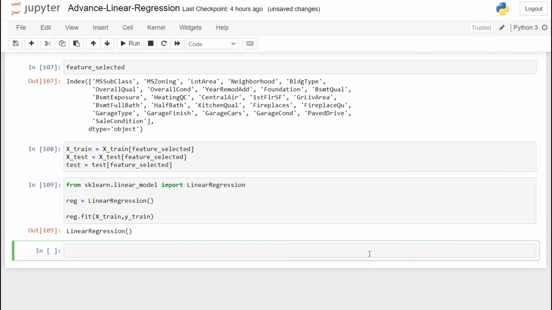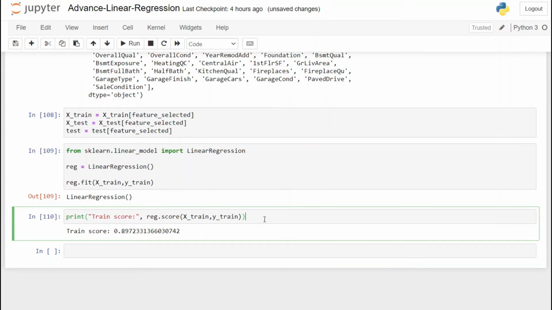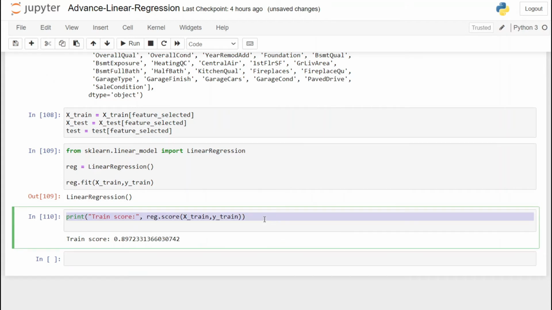Now the next task is to check how the model is performing, and for that we are going to calculate the scores. The score I am going to talk about is R square, which is also known as the coefficient of determination. That tells us how much of the variation is explained by the model, and its value ranges between 0 and 1, or you can say 0 and 100%, where a higher percentage is always desirable. To print out the score, we just have to call the .score method and pass the data inside it. Here you can see that we have a score of 89%, which means that 89% of the variance is explained by the model, which is a good thing for us as a beginner because this data set is quite challenging.